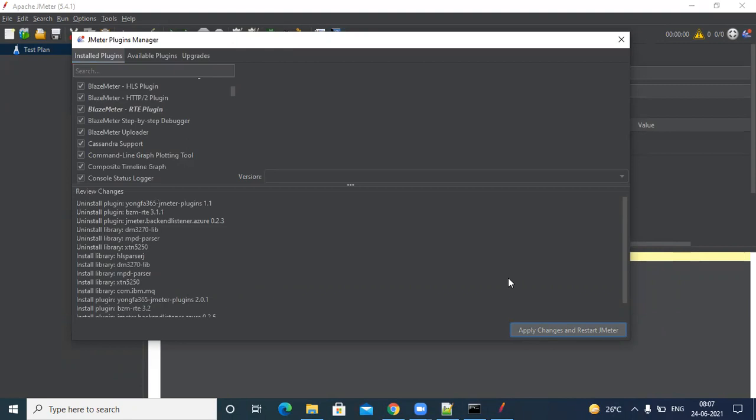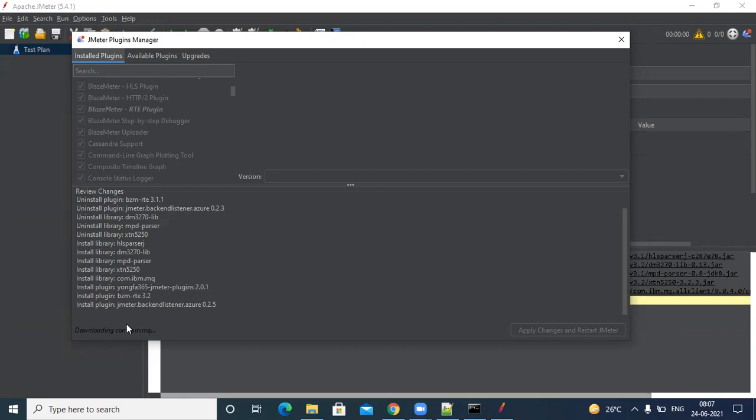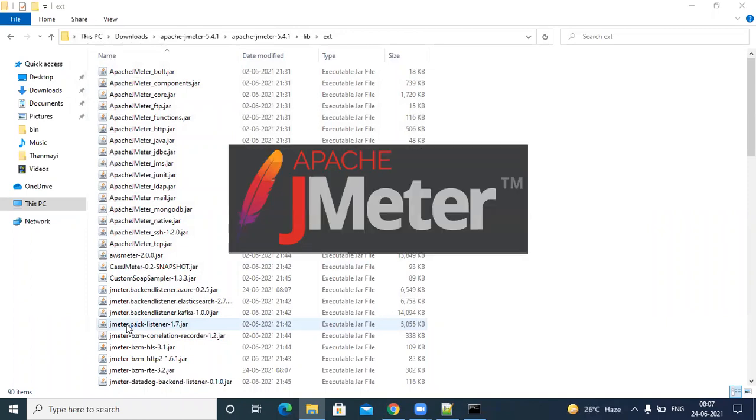Sometimes if you are doing this on your office machine, you will see an error here, a can't-download kind of error. See, now I'm seeing it downloading. But on your office machines, sometimes you will see a fail to download, something like that, because of the proxy. Company systems won't allow some websites directly. So you have to open JMeter in a proxy command and install it via proxy. We'll discuss that in the command lines. So it's restarting automatically.